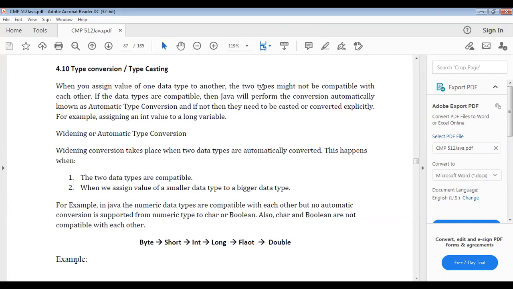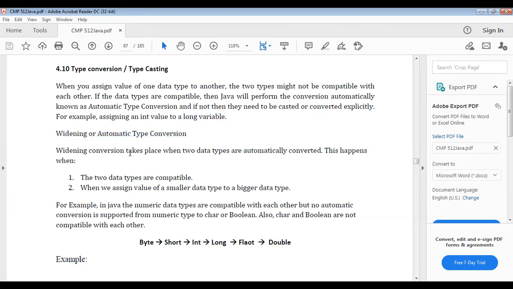If they are not compatible, they need to be converted explicitly. For example, assigning an integer value to a long variable, automatic type conversion is presented.